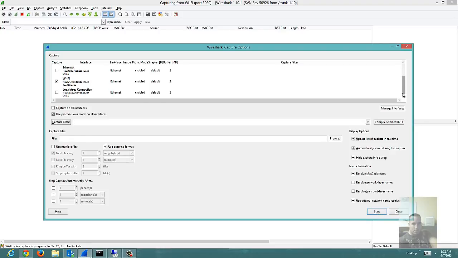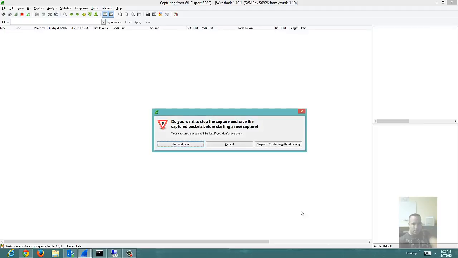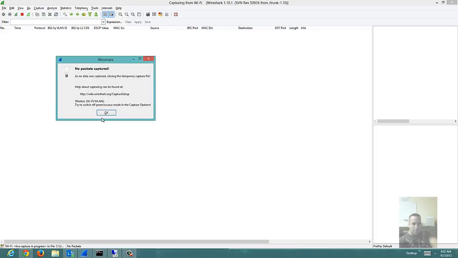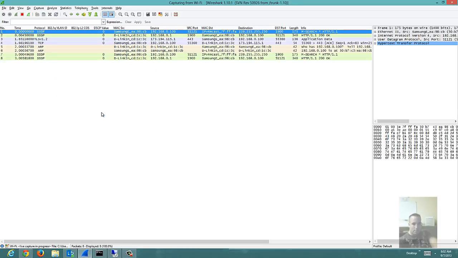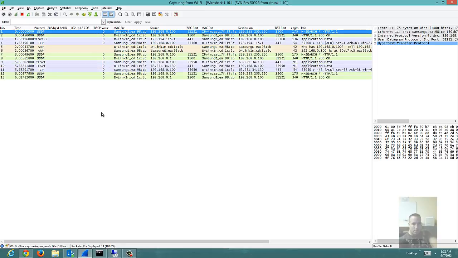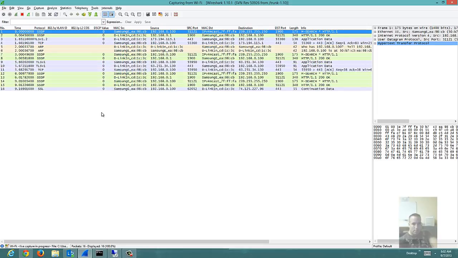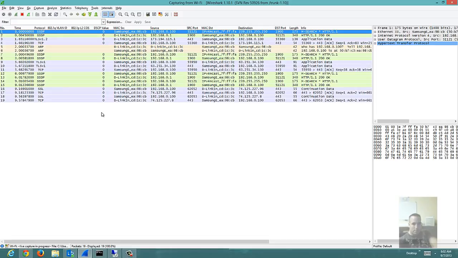And we're capturing Wi-Fi, so we're going to go ahead and capture a few more packets to take a look at. Okay, it was giving me a warning that said, you're saying you don't want to save anything, but there was nothing there to save to start with. So now I've got packets going again,